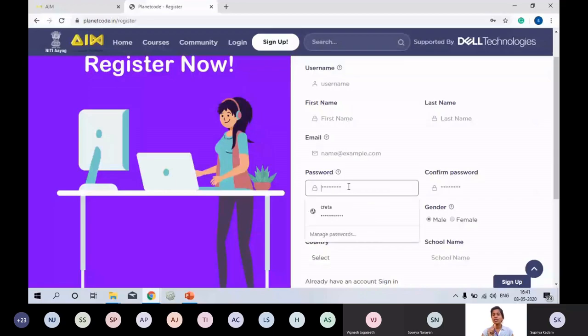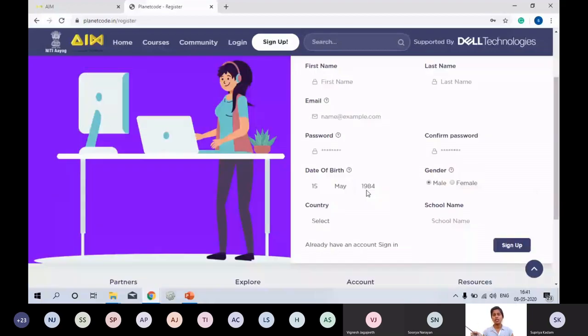All right, so date of birth. I know you should give your own date of birth. Make sure you give an authentic one, because that is one of the important pieces of data to be looked into when you forget your password. When you click forgot password, it does not ask you questions, it will ask for your date of birth. Upon giving your date of birth, it will be able to send you a new link, or it will allow you to create a new password. So make sure you give yours, okay, not somebody else's.